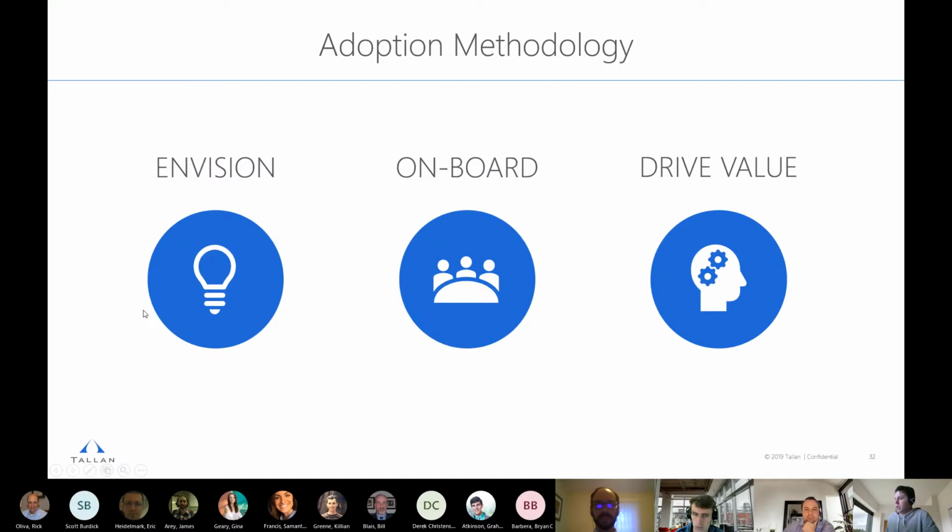So with that, let's talk about the methodology that works for me personally, and I think other organizations as well. And with that, there's kind of 3 different parts of the methodology: envisioning, onboarding, and then driving value. So hopefully the goal is during this meeting, you could kind of take some ideas within this particular framework and potentially apply within your organization to push Power BI to that next level, to work on self-service business intelligence and truly get your organization excited and using the product.